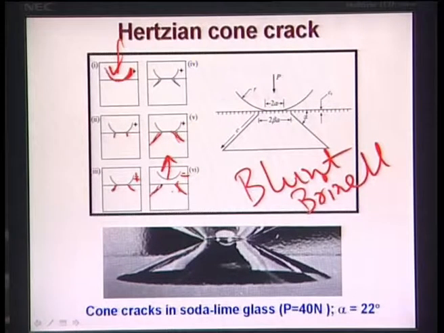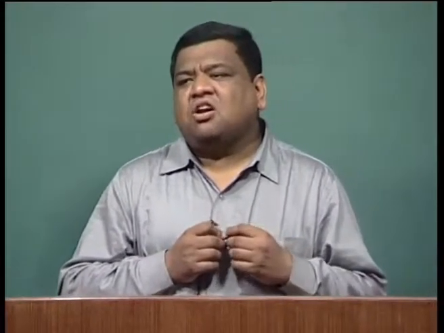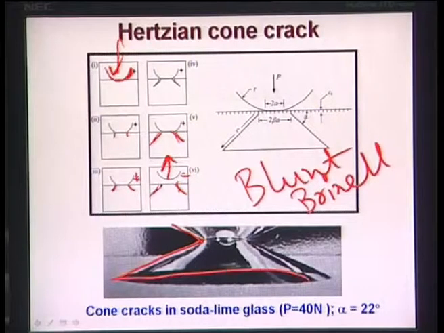Now these cone cracks have been observed in soda lime glass. And why has glass material been used? Because glass material is transparent. You can see the cracking behavior in the glass material. Many of your ceramic materials are not transparent, right? So you cannot see how the cracks are generated in the subsurface region. And what you see here, this cone crack essentially formed at this region,